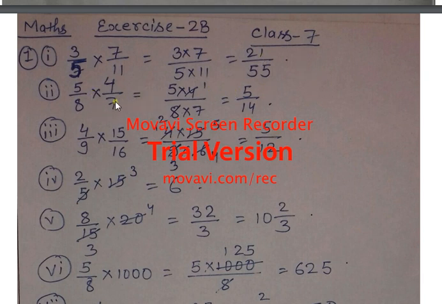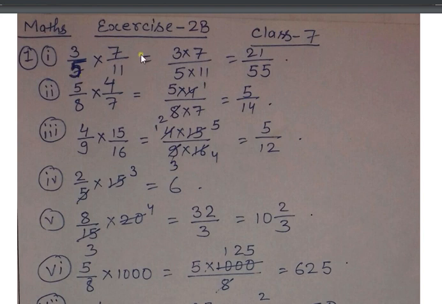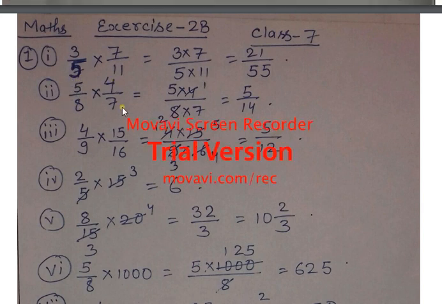5 by 8 into 4 by 7. Sorry, 3 by 5 into 7 by 11 was there. If I read it mistakenly, you should understand any other thing. Okay, in a hurry sometimes there is a tongue slip. So you can see 5 by 8 into 4 by 7. So at the top it will be multiplied, so 5 into 4, and at the bottom it will be multiplied, so 8 into 7. So you can see 4 1s are 4 and 4 2s are 8. At the top 5 into 1 remains, and below 2 into 7 is 14. Okay.